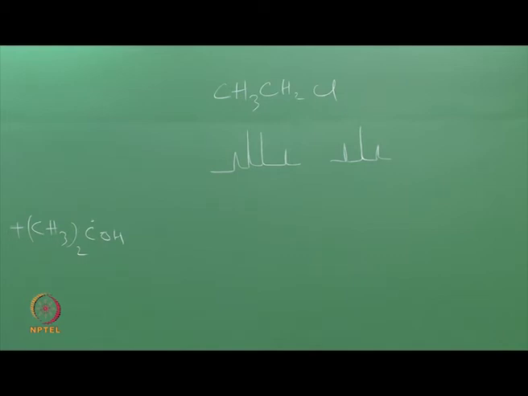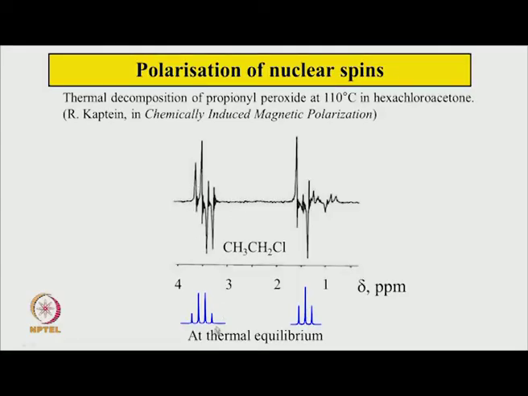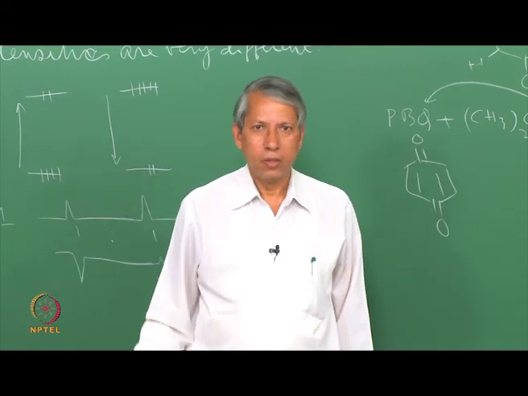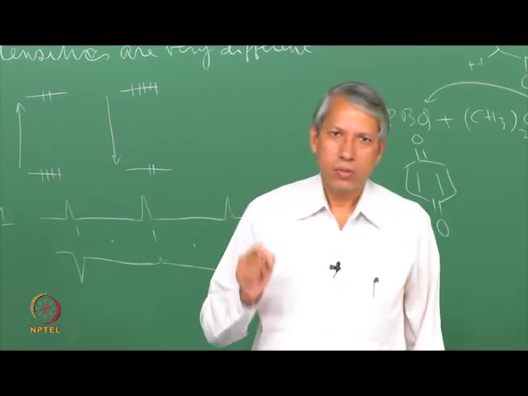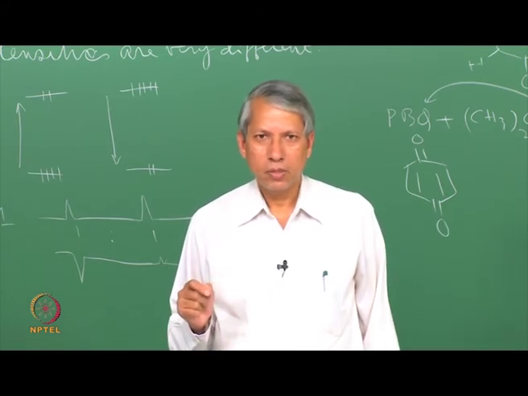Now, what is seen here is quite different. See, this is the expected NMR signal arising from these CH2 protons, but what appears here is that the first two lines are absorptive and the other two lines are emissive. And here for the triplet, this line is absorptive, this line is emissive, and the middle line is almost zero intensity. It is very peculiar indeed. So, then lots of such experiments started appearing, and people remembered that yes, in 1963 Fessenden and Schuler indeed saw the hydrogen atom spectrum appearing in the opposite phase.